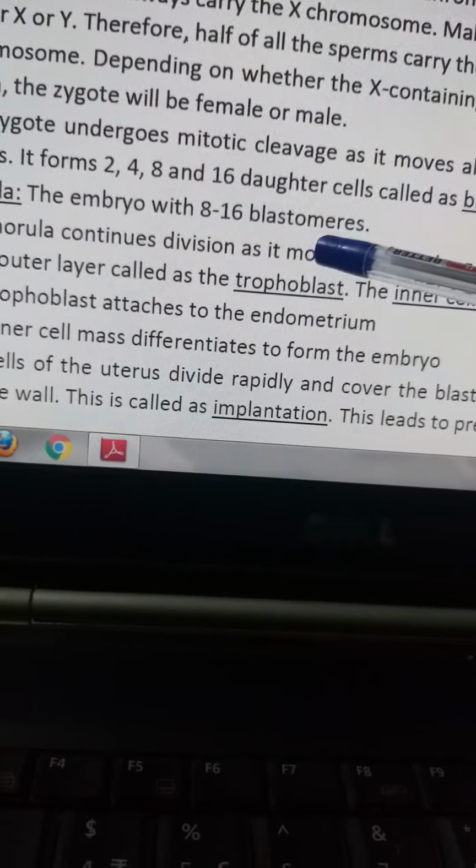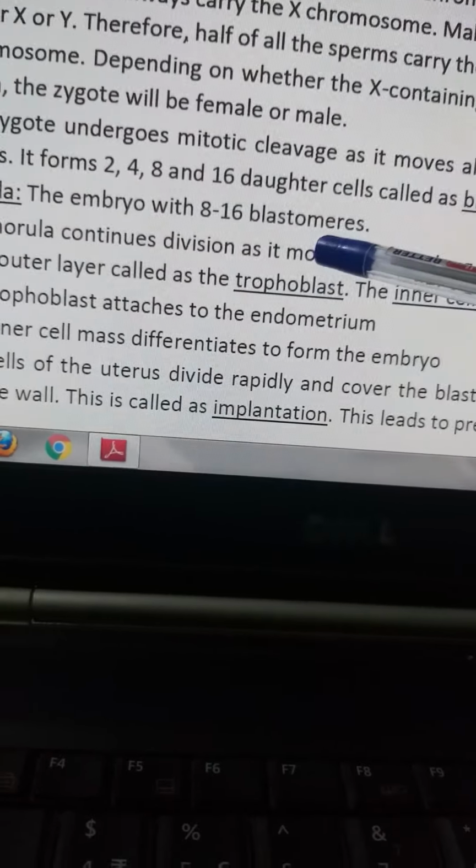First the spinal cord forms, the skull forms, the heart forms. So the trophoblast attaches to the endometrium. The trophoblast forms an inner cell mass. That means this trophoblast is attached to the endometrium. The endometrium is the wall of the uterus, and the inner cell mass differentiates to form the embryo. So the trophoblast forms an attachment to the endometrial wall, and the rest of the mass goes on to organogenesis.